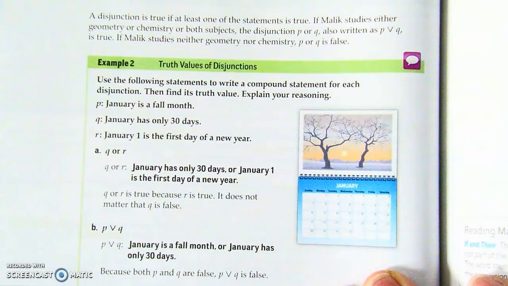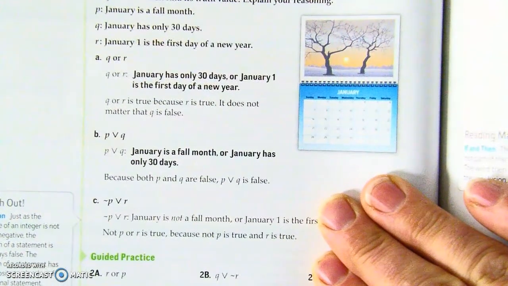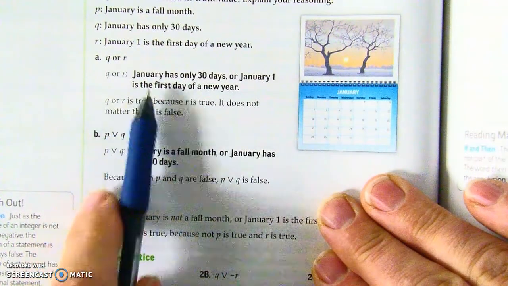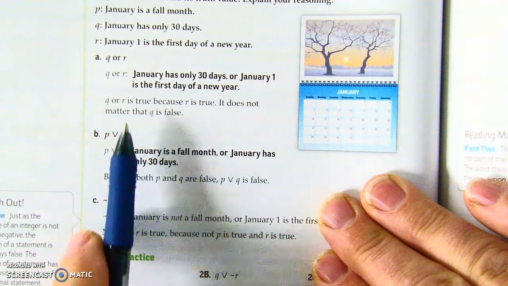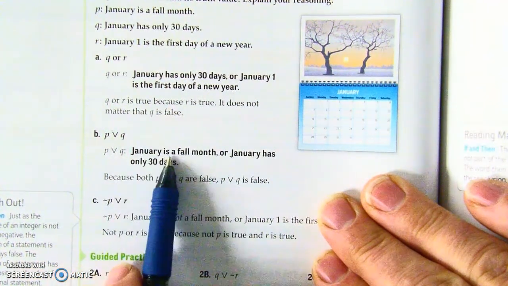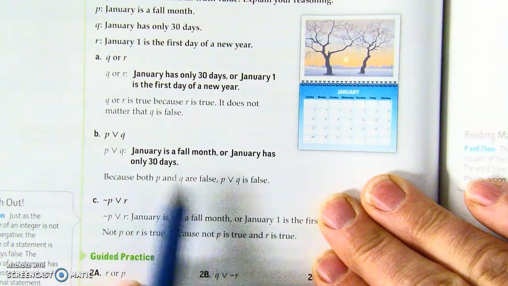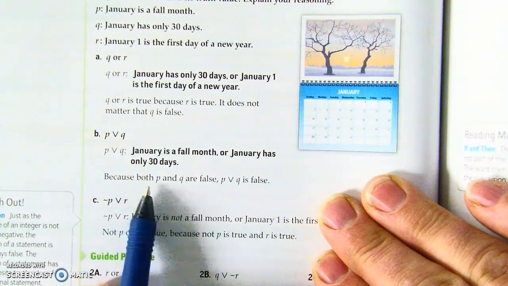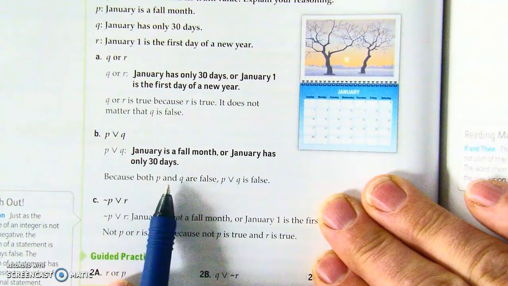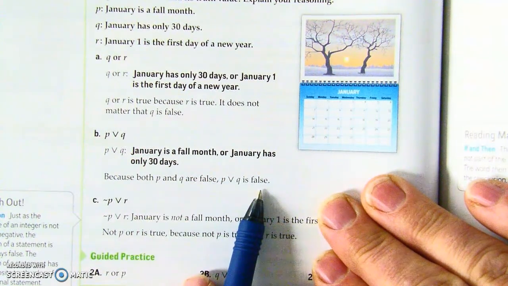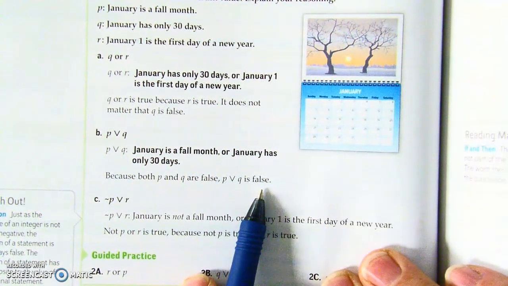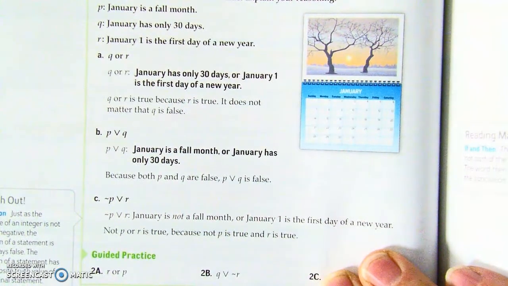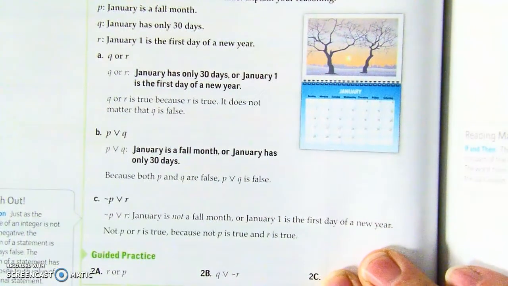P or Q. I'm going to move this down just a little bit here. And let's check it out. Okay. January has only 30. Oh, yeah. Okay, here we go. January is a fall month, or January has only 30 days. Because both P and Q are false, therefore the whole thing is going to be false, because, again, remember, one of them has to be true. Okay, now,